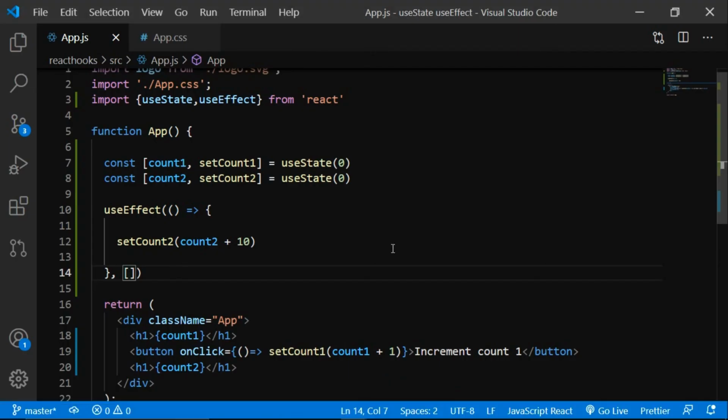So this much is enough for this video. Hopefully you understood what I was trying to convey to you. And it is the most important thing in React. You need to basically understand this useState and useEffect before diving deeper into React. So firstly, try to learn this useState and useEffect, then you will be good to go in React.